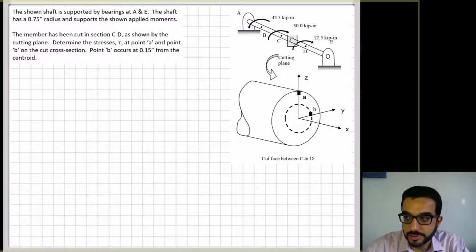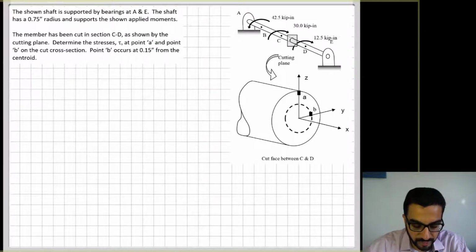The member has a section or a cut section somewhere between C and D, and actually it doesn't matter that much. We'll see the torque in this distance C and D is the same, but we'll do the statics in a moment. And we need to determine now the shear stress tau within this section. If we zoom in, we'll find that there are 2 points of interest here, A and B. A is at the outer radius of 0.75, and B is a little closer to the center,